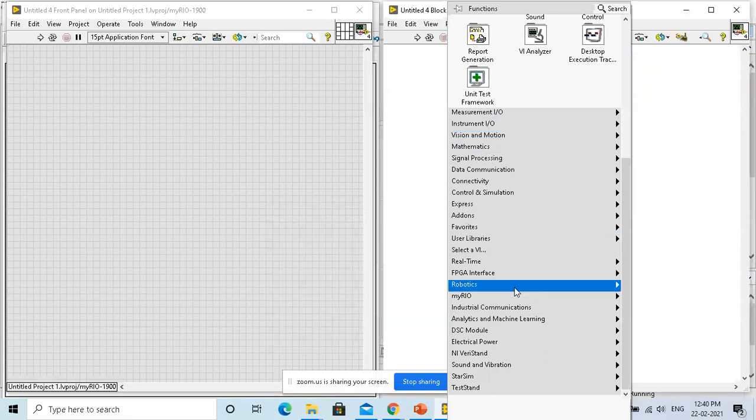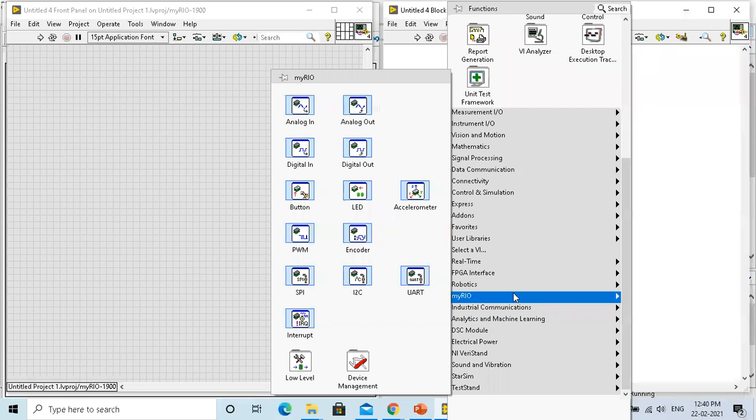If you check here, I have something called the myRIO toolkit, and this toolkit has functions which will acquire my data directly and display it here. And if you see, my myRIO is capable. It's a totally embedded system. It not only has its own IOs here: analog input, analog output, DIOs.